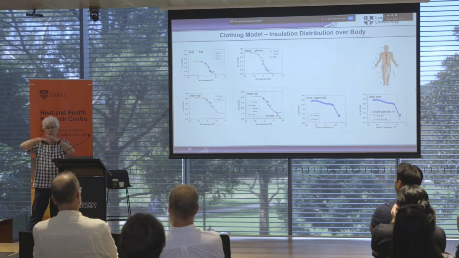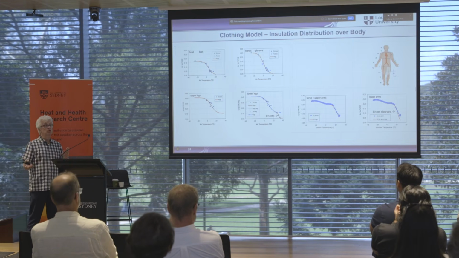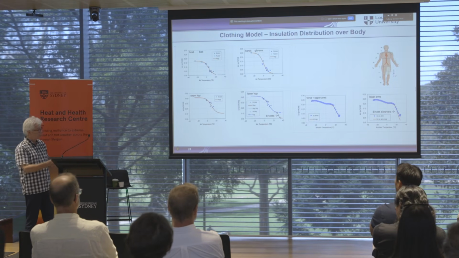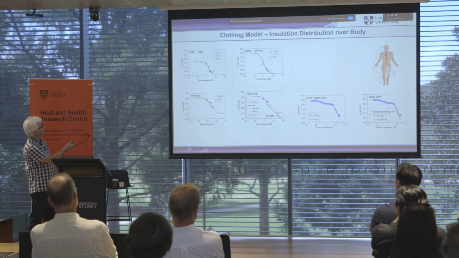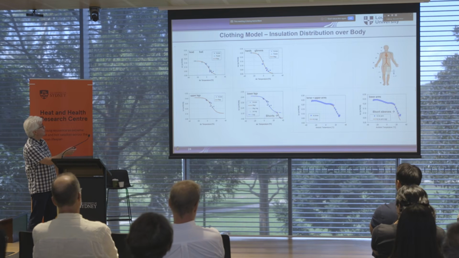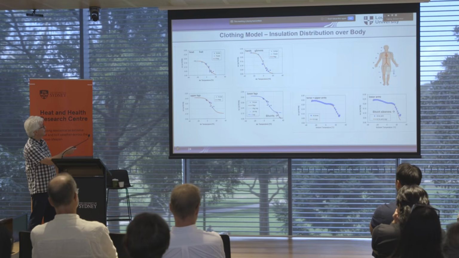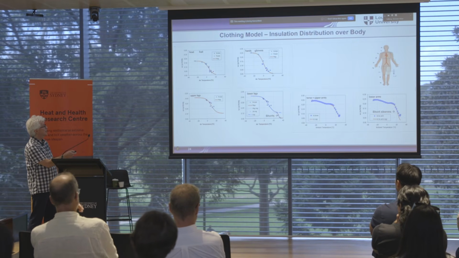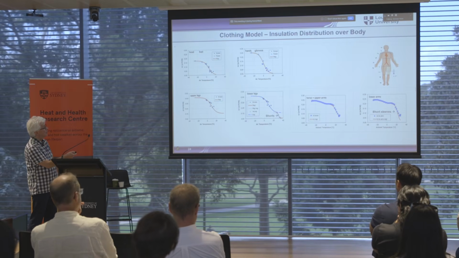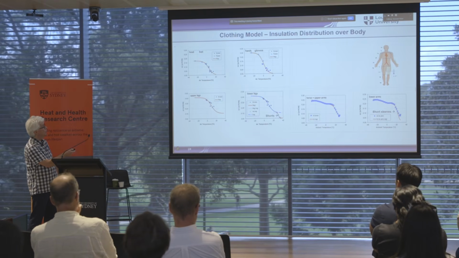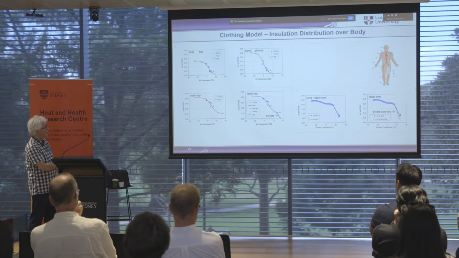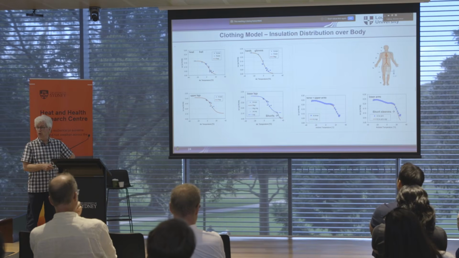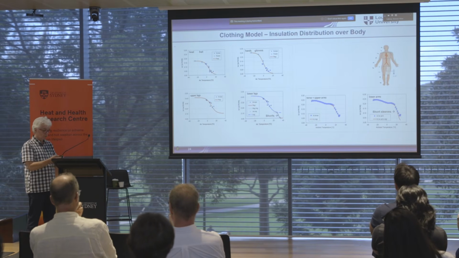But there's 2 things. You have overall body clothing insulation, but also different body parts, because this is a model which has a head, feet, legs, etc. So you need to know how the clothing is distributed. So you get some data here. When are people wearing a hat? No hats here above 20 degrees, or let's say 10, but then you see the increases. So limited data sets, but also common sense. When do people start to wear gloves? So no gloves here, but then the colder it gets, of course, the more gloves people are wearing, and the thicker gloves we have. Lower legs, at some point people start to wear shorts, so there's nothing on the lower legs. So that's the way that was approached.